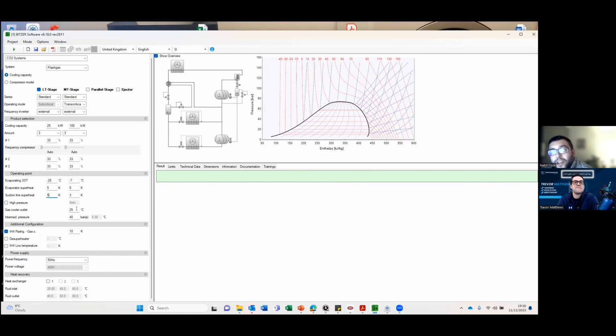Now we want to look at our gas cooler outlet temperature. This is dependent on our worst case outdoors temperature, external ambient temperature. So we're going to say that our worst case design external ambient temperature is 35 degrees. Now, for supercritical design, the temperature difference between that external temperature and the gas cooler outlet is usually 2 to